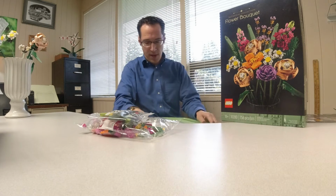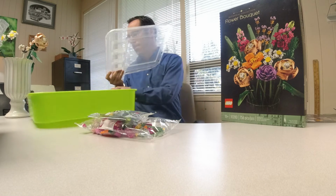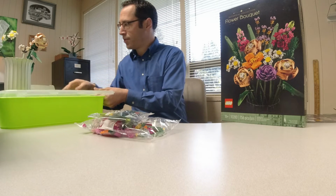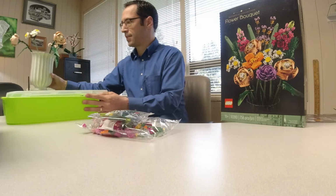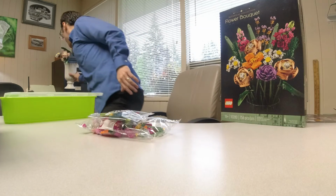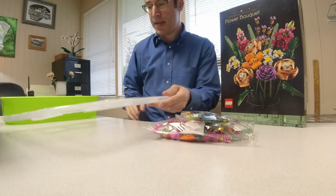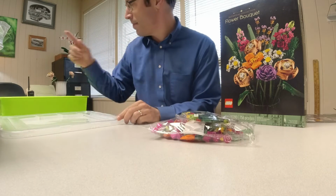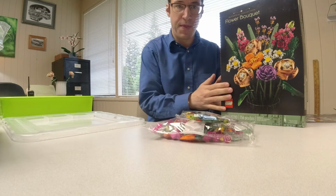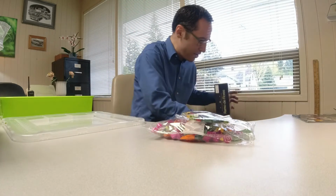I'm gonna pull out my Lego sorter. And I'm going to move this because I am afraid that with this being so far out here, I'm going to bump it back and push the flowers over and break that vase. And I think this is good enough for showing off right now. I'm going to put this down here and away